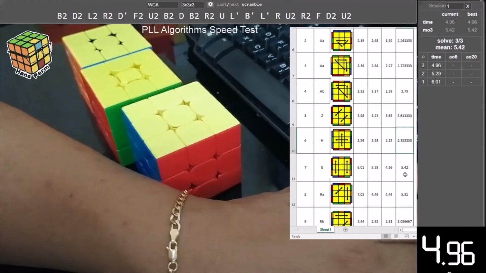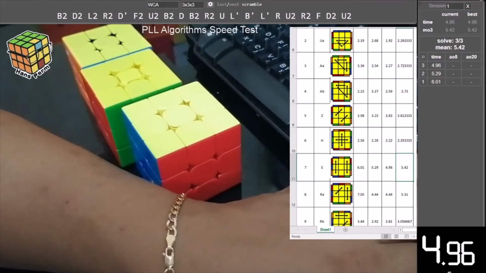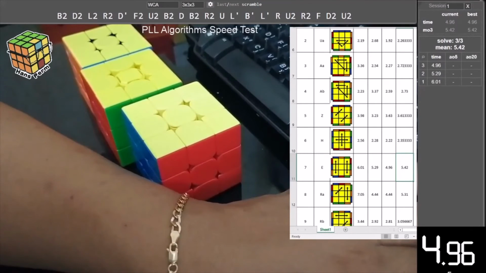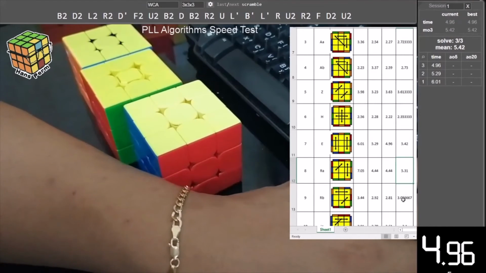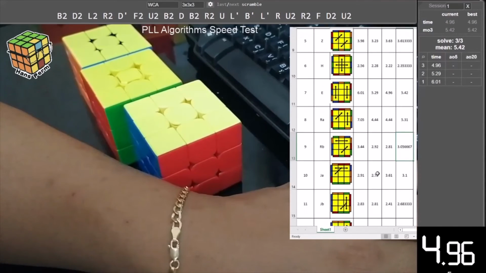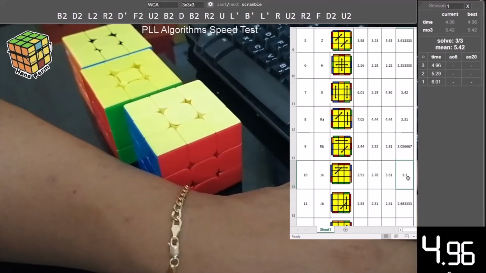And for the E perm, right, I don't take this 5.42 for now. I can do better than this, but so happens I totally wiped out my memory. Okay. RA, this is pretty much real though, because really it's a long algorithm. Yeah, it's running 5.31, but I need to make this one much better. RB, it's a bit faster compared to RA, 3.05 seconds. JA is definitely it will cost me another startup of the ALG, 3.1, but of course the JB form is